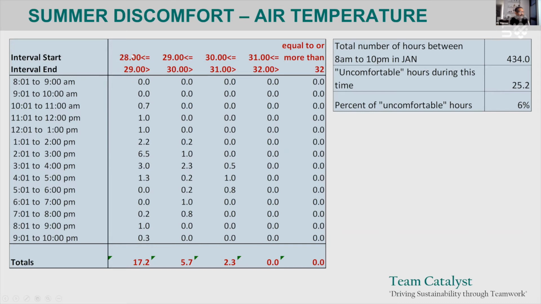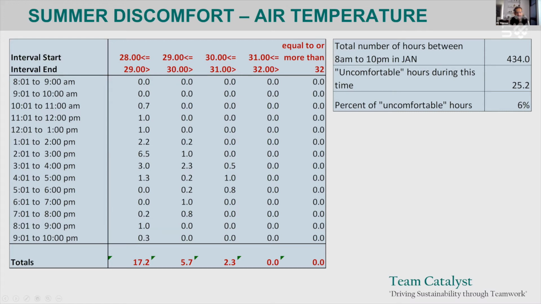If it starts to get beyond 28, then things are going to become pretty uncomfortable for me. So how many hours does it get beyond that number? I think I've done this for January. Yep, there you are. If I'm looking at just the air temperature, 6% of the time, that's not too bad. I can handle that.